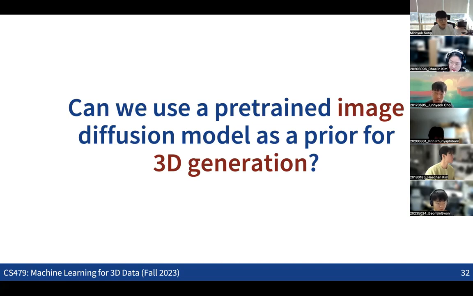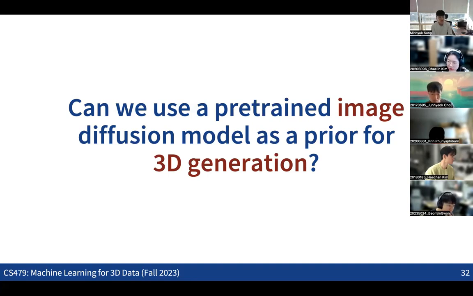In that case, when you render the 3D object into multiple views, the rendered images become realistic images. So this is a very recent idea of how we can best utilize all the 2D image information for 3D generation, especially when we cannot have a very large scale 3D dataset. So that was the main idea of how we combine the 2D information, and we can also consider combining the 3D information in doing 3D generation.